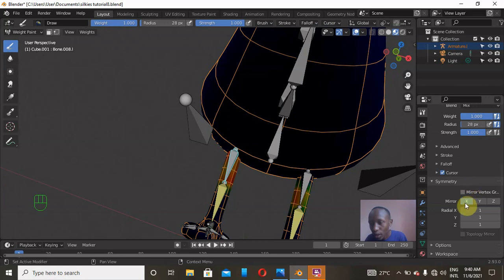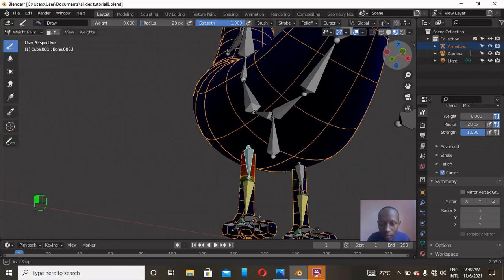So I'll disable mirror, so that whatever we do here, it doesn't do the same on this other leg, or on this other foot. So I'll just make sure that I remove the weight which this bone is attached to, by setting it to 0, like this.